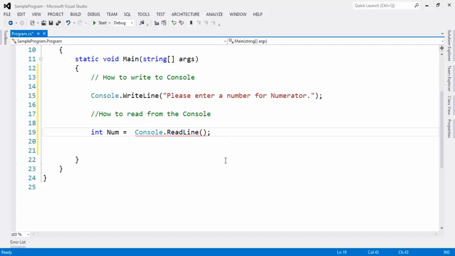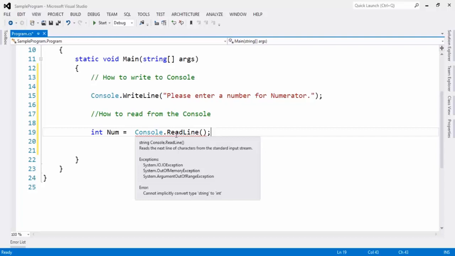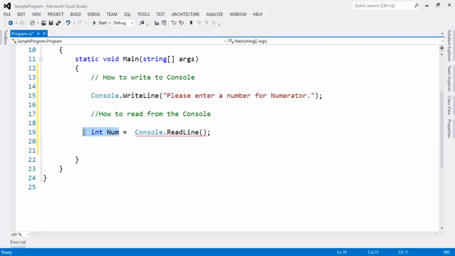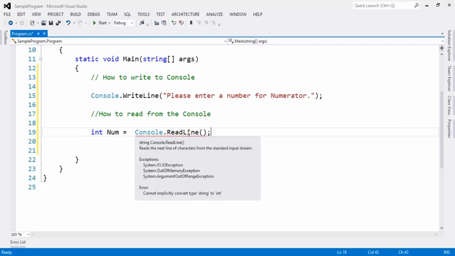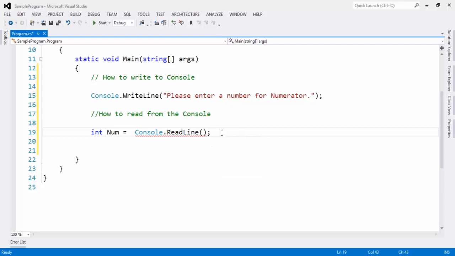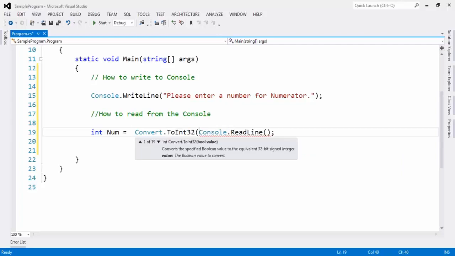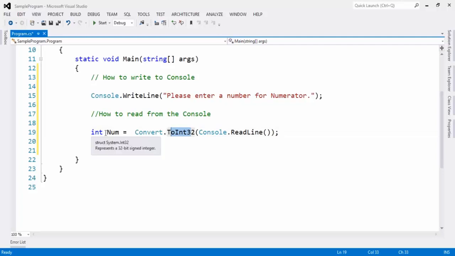Again, here it is throwing an error. Why is this error coming? You just mouse over it and you can read the error message at the end. Cannot implicitly convert type string to integer. So this is of type integer and this is of type string. You just mouse over it and read the first line. It is showing string Console.ReadLine. What we are trying to do is convert one type of data to another type of data. That's why it is throwing an error. So we need to tell it to please convert into the data type called Int32. Before assigning, the value will be converted into an integer, then we can assign it to the other integer.